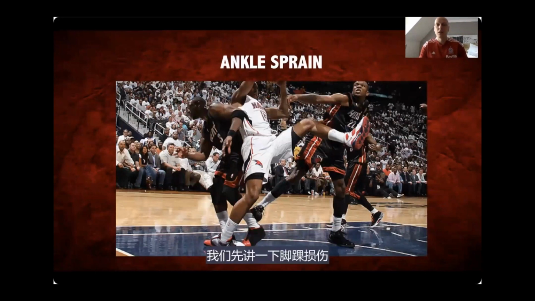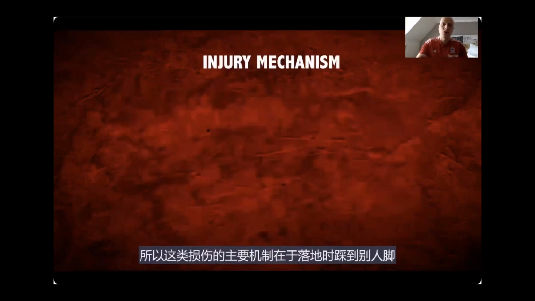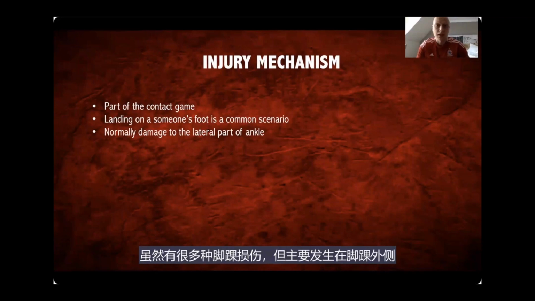So to talk a little bit about ankle sprains. Ankle sprains are very common, unfortunately, in basketball. One of the most common lower body injuries, as there is a lot of contact, and unfortunately, landing on someone's foot is a common scenario. So basically, the injury mechanism is landing on someone's foot, as I said, and normally it can be different. There are many different ankle sprains, but normally the majority of basketball ankle sprains cause damage to the lateral part of the